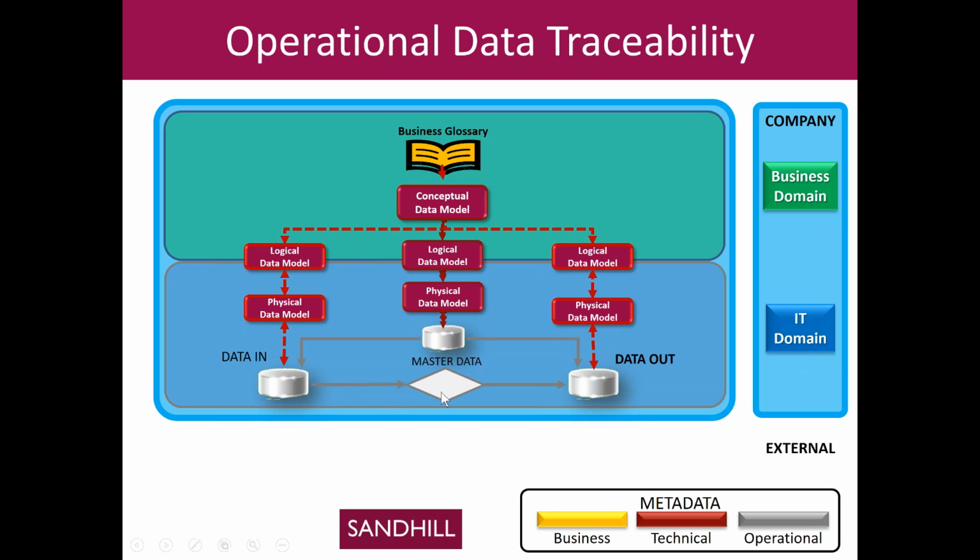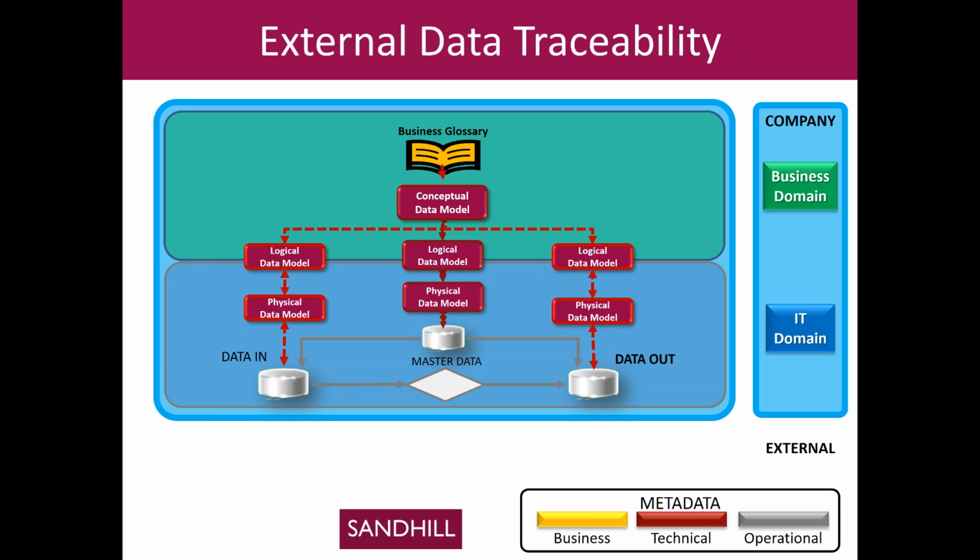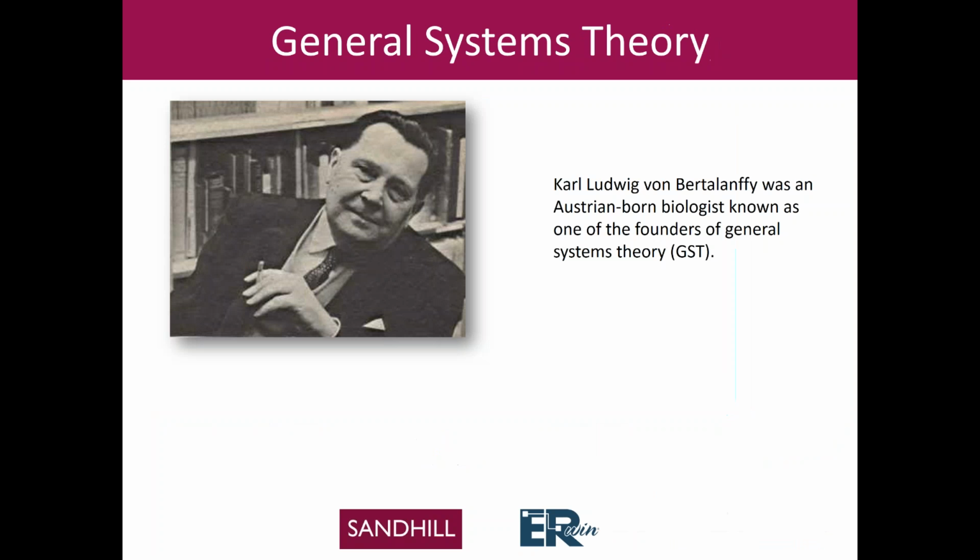And there is that magic little diamond in the middle, frankly, which is the thing that turns creation data, which is point-in-time data, to consumption data or analytic data, which is point over time. And the last thing we want to consider as well, of course, is a lot of our data either is coming from partners or external sources, and we want to have that same level of traceability from a semantic and data movement perspective.